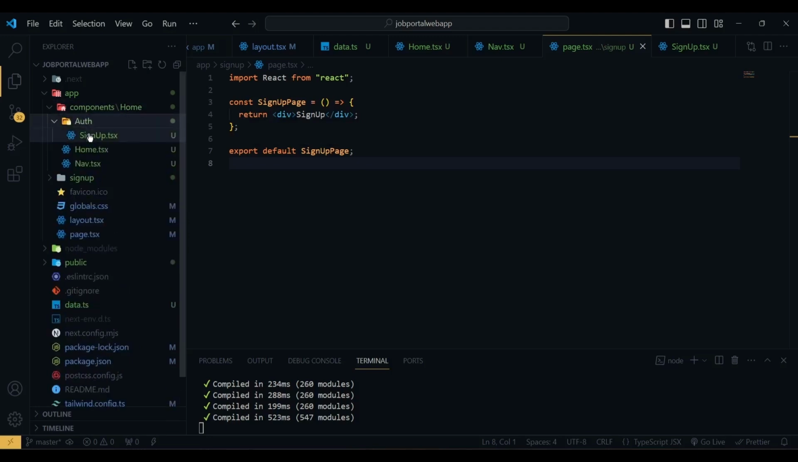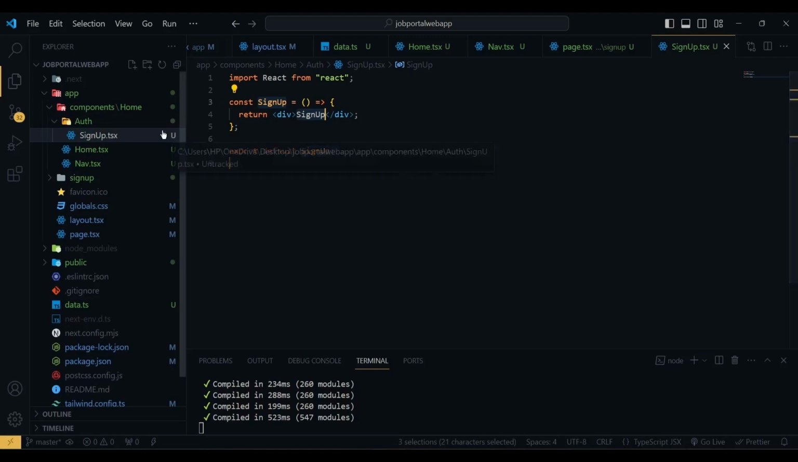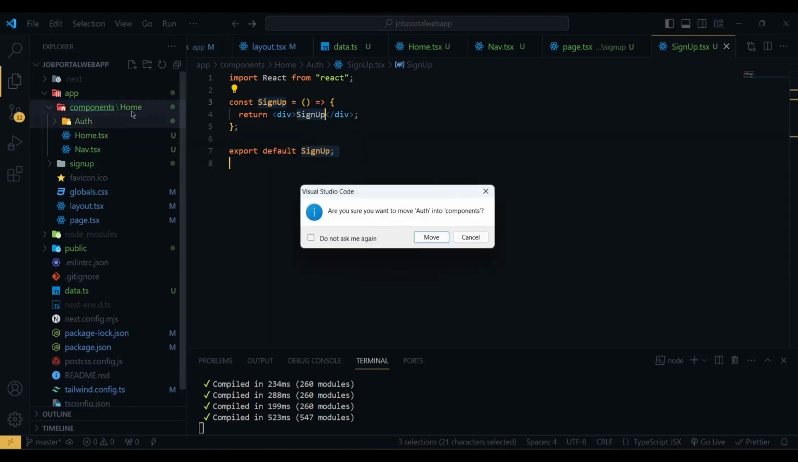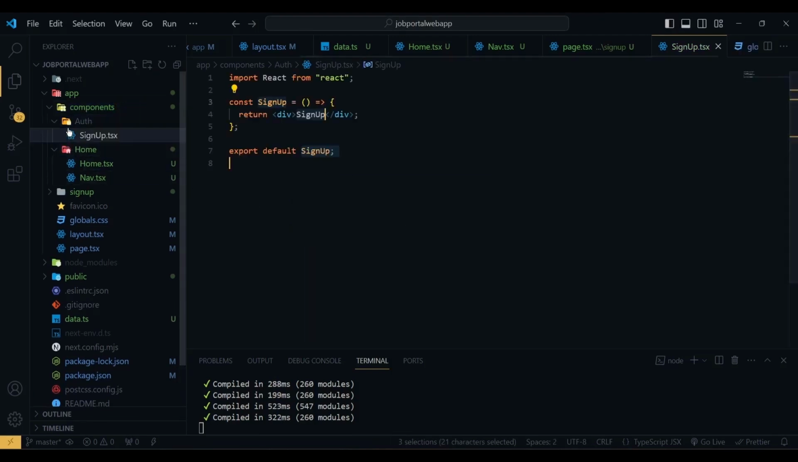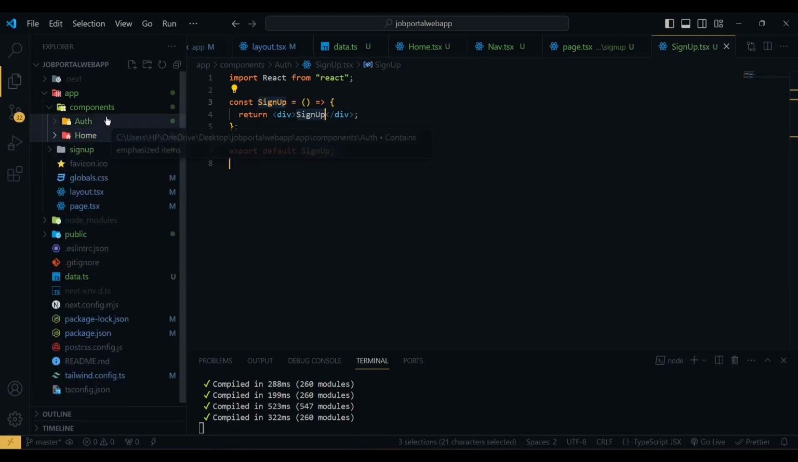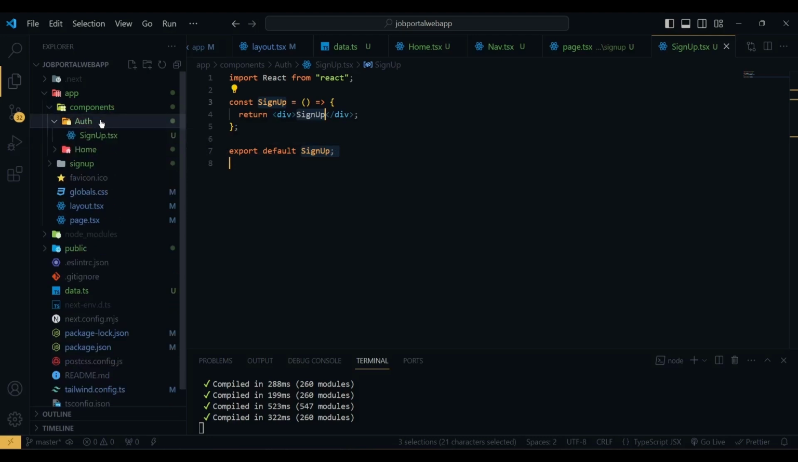Now in the sign up, it will be in the components, not in the home. So now it's okay. So in the components folder we have a home folder and an auth folder. So in the auth folder we are going to create our auth related components. So here we are going to create our sign up component. So in the sign up component, first we have